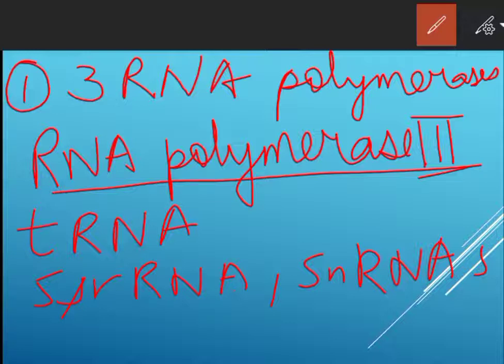The heterogeneous nuclear RNA undergoes additional processes, that is, post-transcription modification.